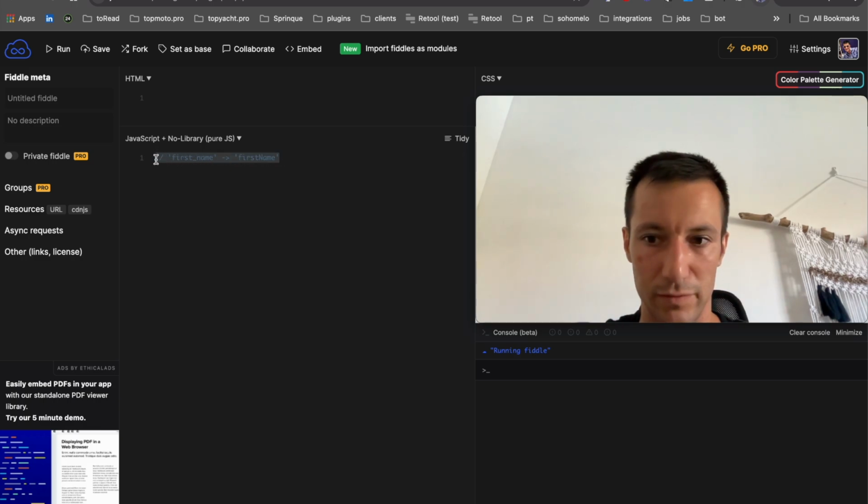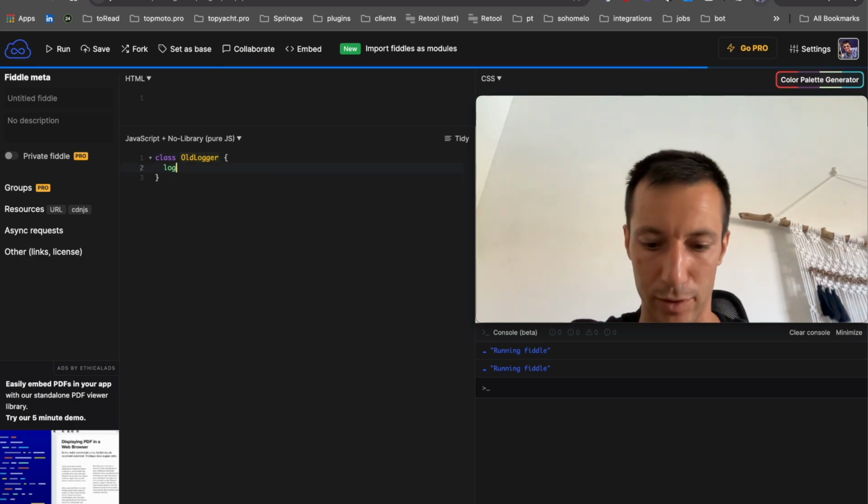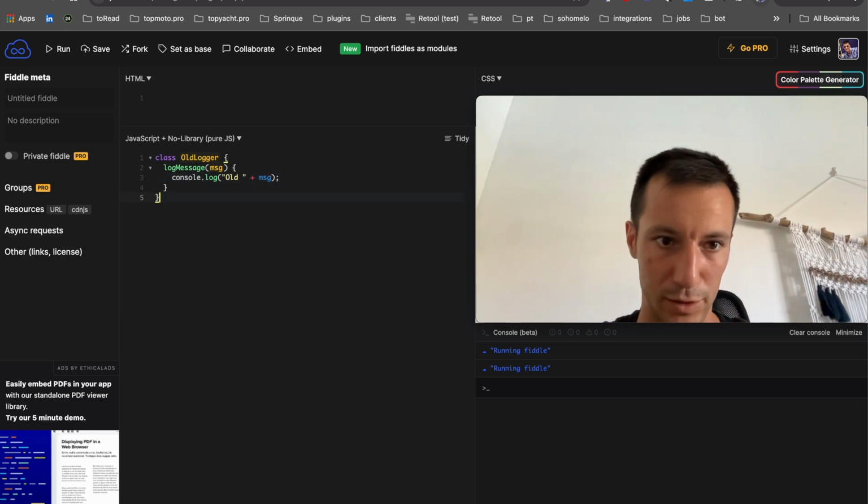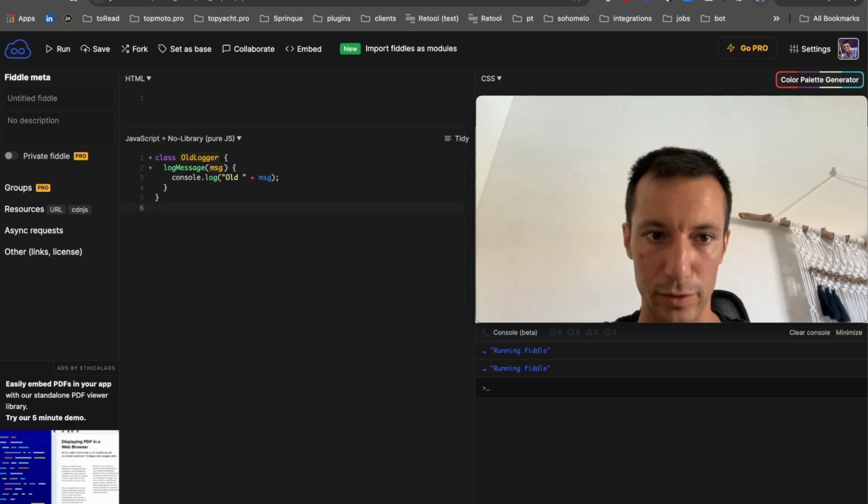So another example that we will touch today will be the logger. Let's imagine you have some class like old logger, and it has one method, log message. It will take a message, and it will just show this message with some prefix like old plus message to the console. So you've been using it everywhere, and then you decided to switch to a new logger. One option is just to rewrite your logic, but if you want to keep it,